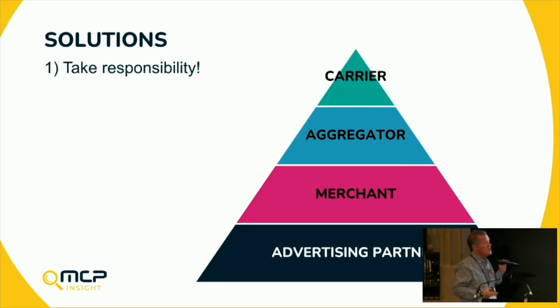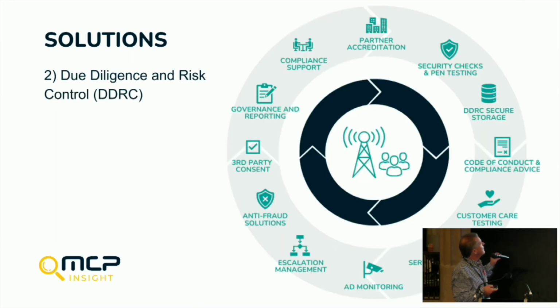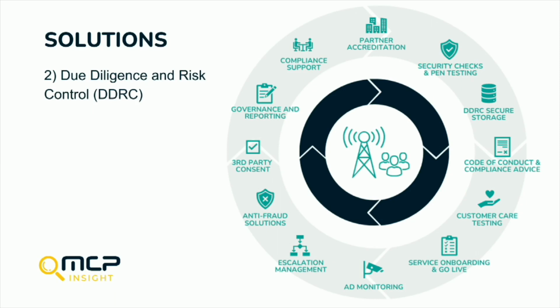The problem is you can't do this easily in the ad channel from the banner through to the landing page because there's a myriad of partners, channels, affiliates, sub-affiliates, call it what you will. That's the challenge we've got in the advertising channel when it comes to fraud. My colleague David Ashman will talk about this later. It's basically due diligence and risk control. What to do as a responsible member of the value chain to protect your own environment, but also that of the user themselves. So I won't go into too much of that.